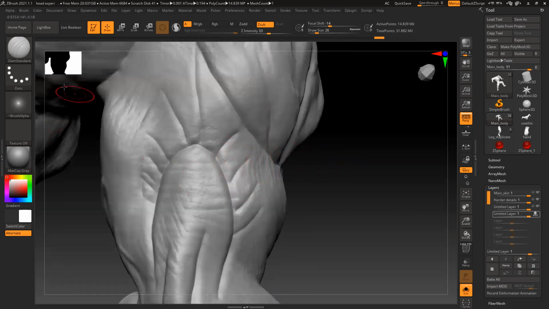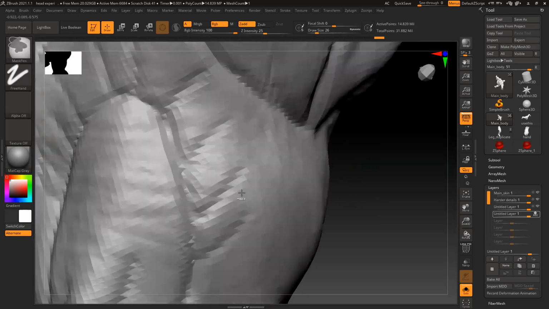Like after adding this, also what you have to do is use a standard brush, switch off to alpha,